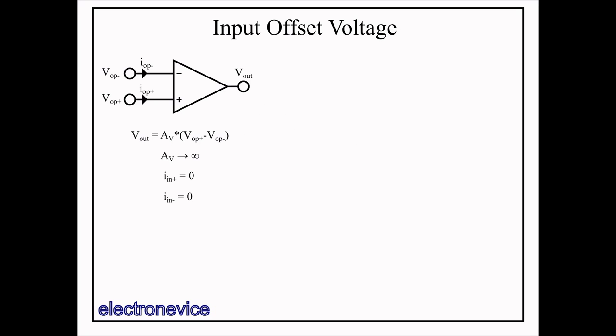So here we have our op-amp circuit with the tenets of the ideal op-amp listed below. The input offset voltage of a real op-amp alters this first equation that governs Vout. In order to explain what input offset voltage is, I'm going to take a short detour into the internals of an op-amp, but we won't go too in-depth in this video.